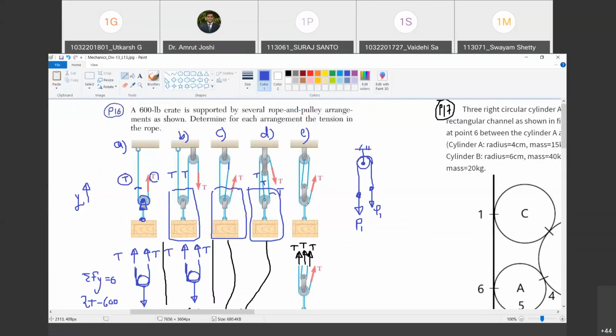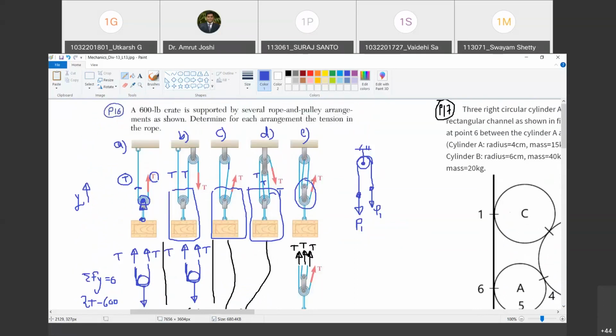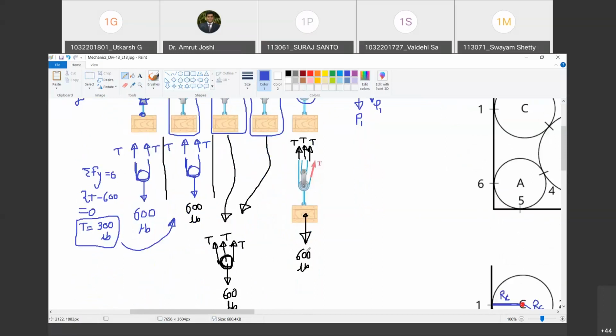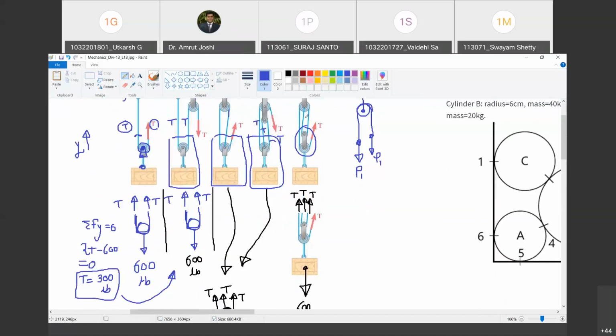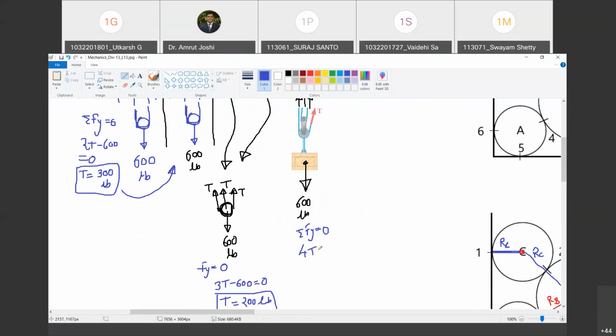Now I am going to draw the free body diagram of these two pulleys together. Are you with me? Yes. So if I draw that, how does the free body diagram look like? I will have to cut the cable at 4 places. 1, 2, 3, and 4. Do you agree with me? And I have drawn the free body diagram. Again, neglecting the inclinations of these two tensions, we can say that summation Fy equal to 0 indicates 4 times T minus 600 equal to 0. Yes, sir. So T equal to 150 pounds.